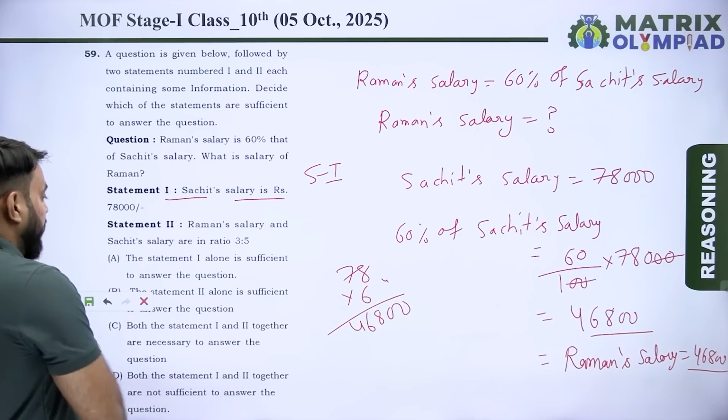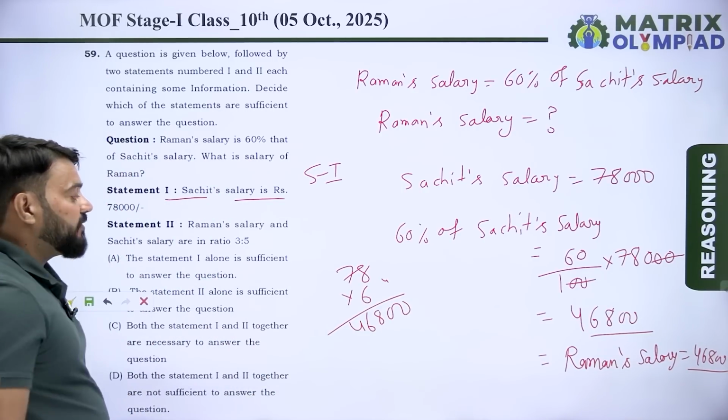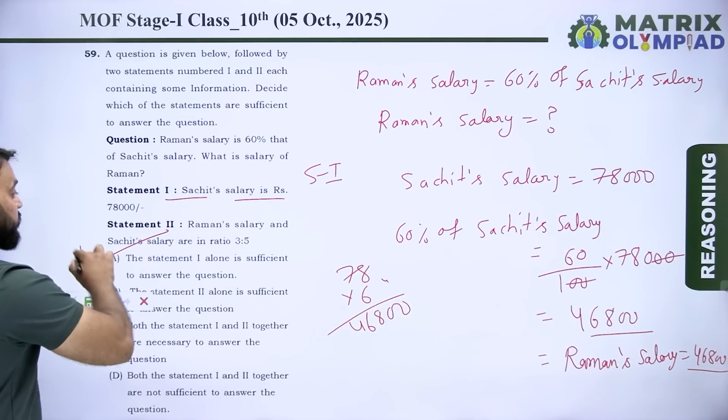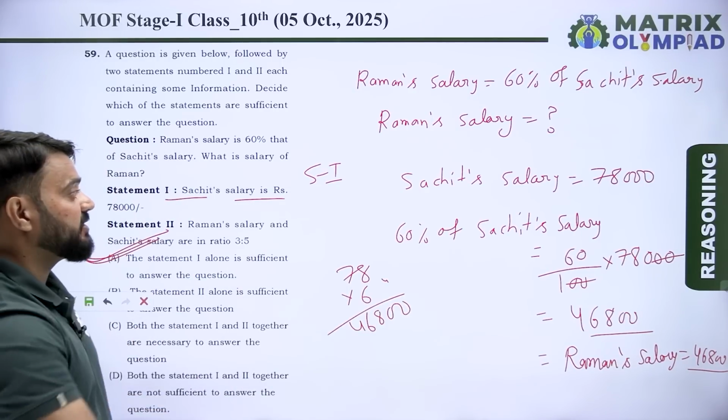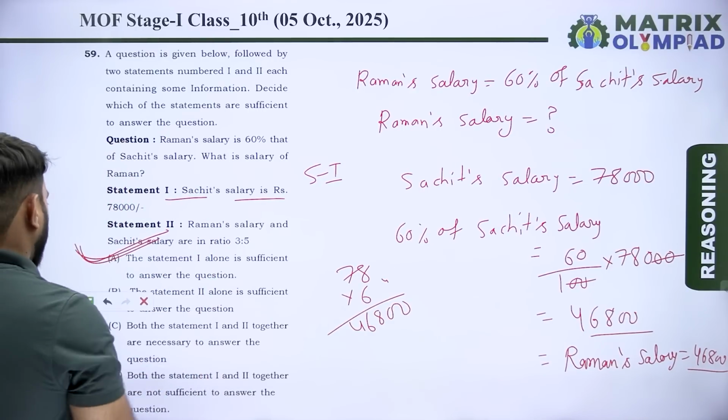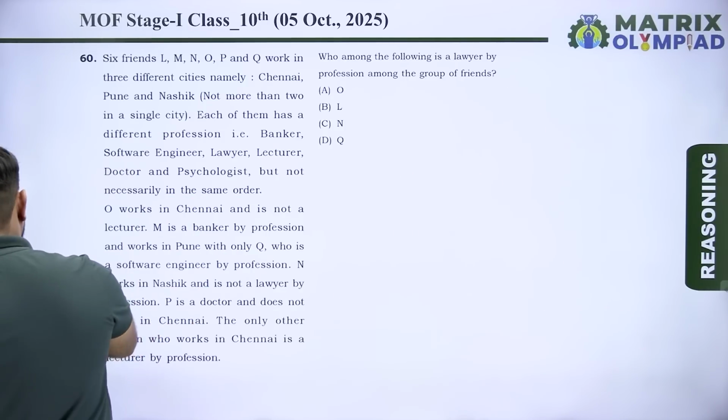So here option A, the statement first alone is sufficient to answer the question, is the correct answer of this question, because statement first alone is sufficient to answer the given question. Let's move on to the next question. So now the next question is